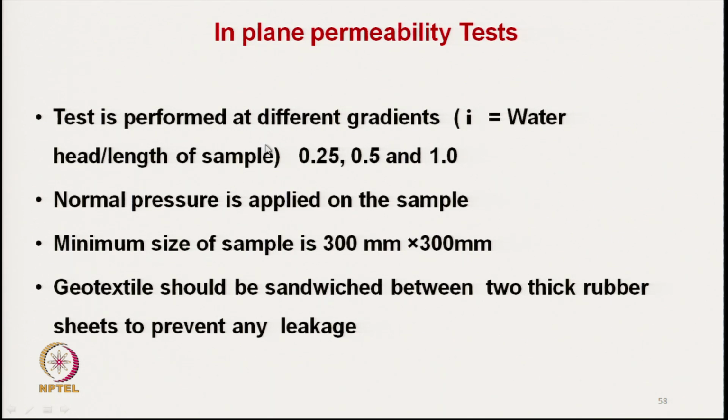Test is performed at different gradients, that is, water head per length of sample; at different water gradients it is used. Here it is water head divided by length, because in cross plane it was water head divided by thickness, but here the gradient is over length. Why is it through length? In cross plane,